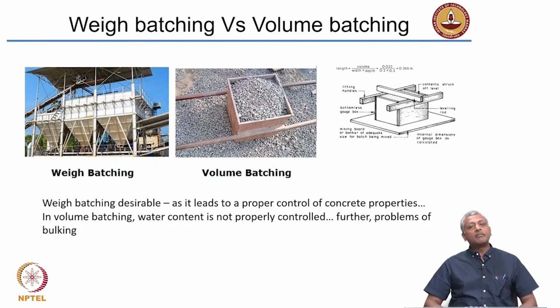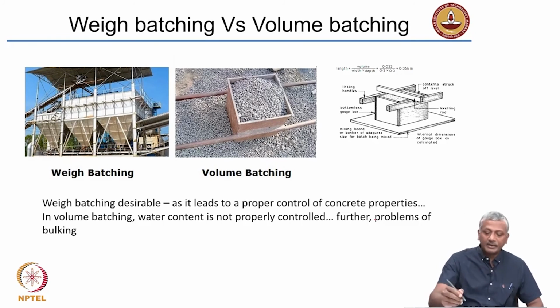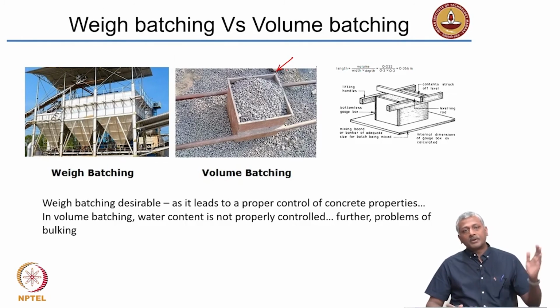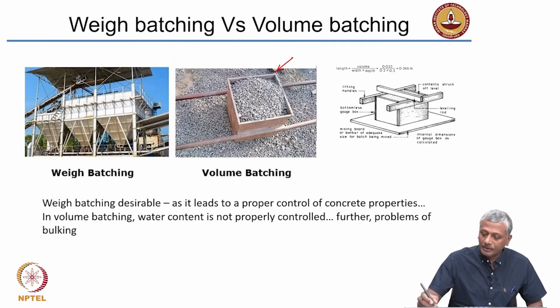Now, again, just coming back to this weight batching versus volume batching aspect, as I said, in volume batching, you basically need to have a container, either a cylindrical or a cuboidal container, which contains exactly one part of the material. So, when we say 1:2:4, 1 part of cement to 2 parts of sand to 4 parts of stone. Okay. So, what happens is this